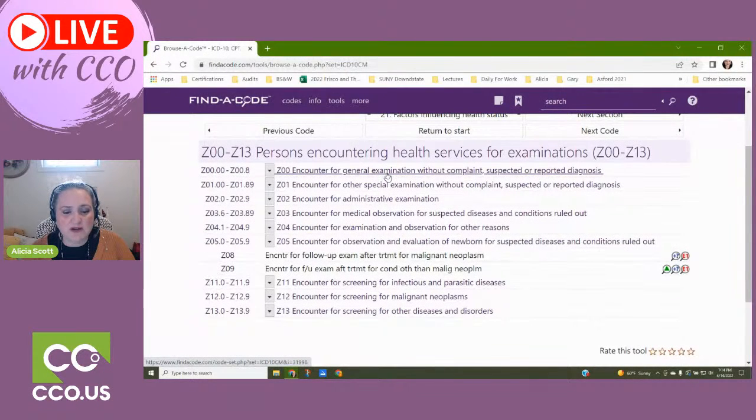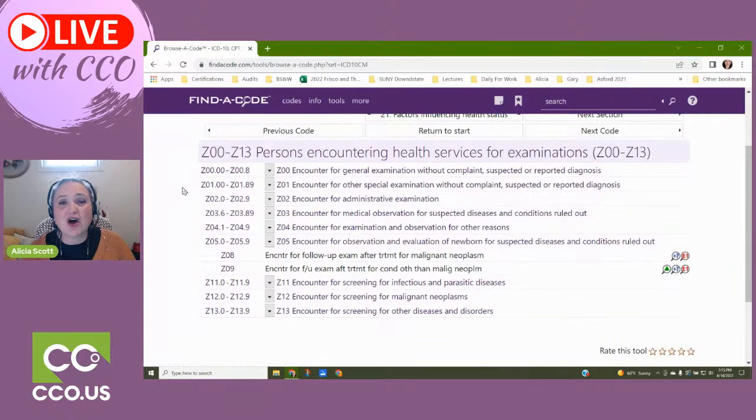Encounter for general examination without complaint, suspected or reported diagnosis. Then look at the other one, Z01, encounter for other special examinations without complaint, suspected or reported diagnosis. That's very important. Now, let's just go ahead and look at the top range,